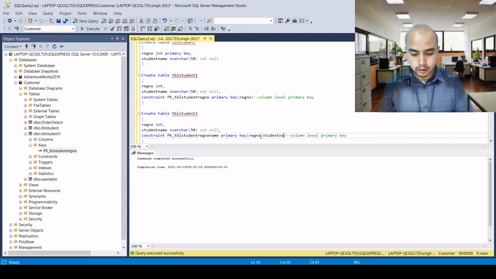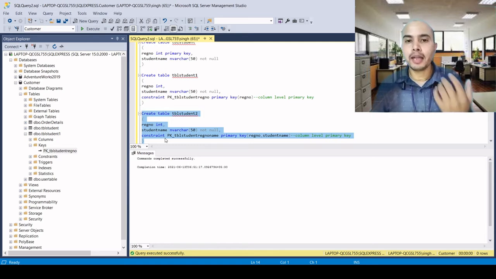We need to give the field names. So let's create the table and see. Yes, we have created a table where there is only one primary key, but the combination of two fields is called a table level primary key, or we can call it a composite primary key.